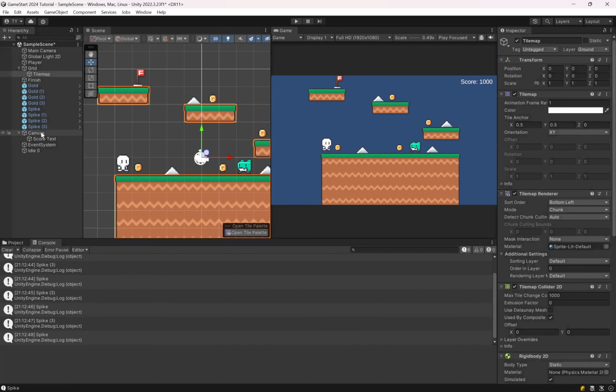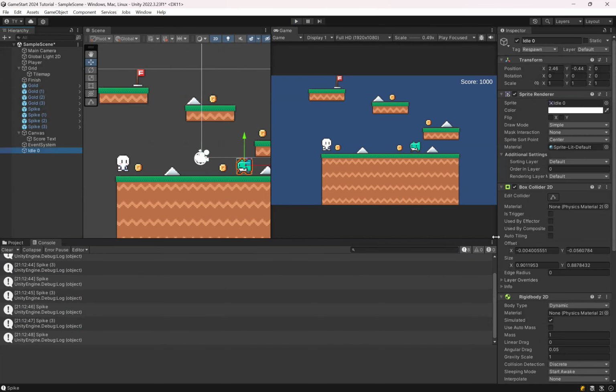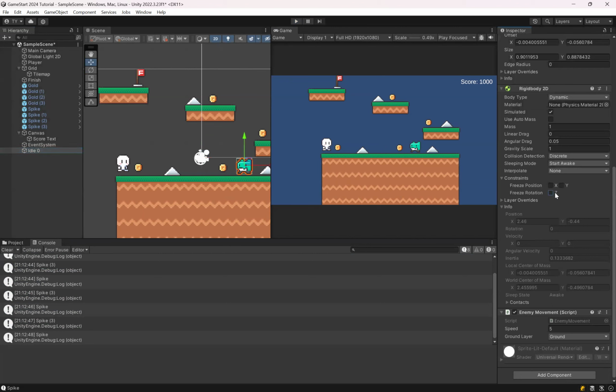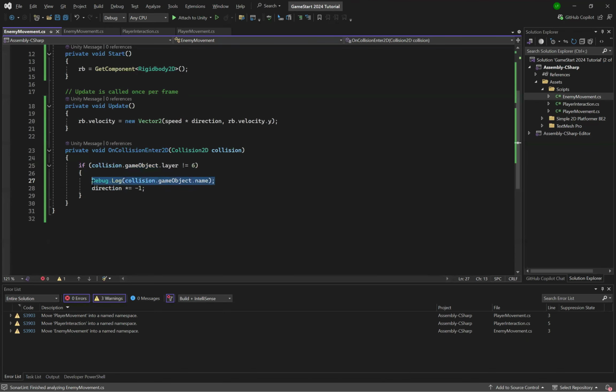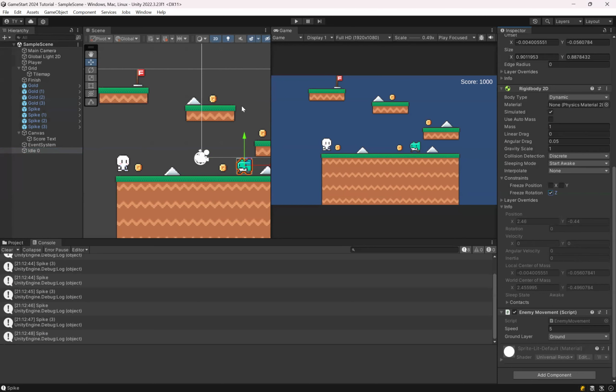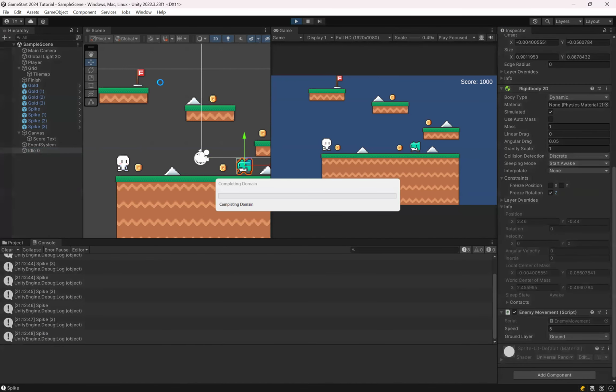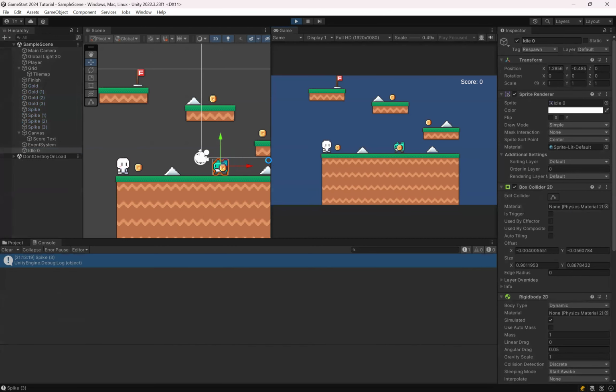Okay, and again, you can see that the enemy was bouncing around just now, so we're just going to freeze the rotation so it doesn't bounce. So now that it worked, and the player dies, how much time do we have? We have 20 more minutes. Okay. So let's reiterate that this works. Let's just make sure. Yes, so it was colliding with the ground, and